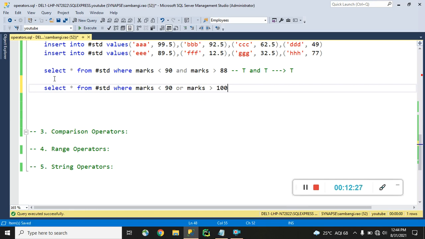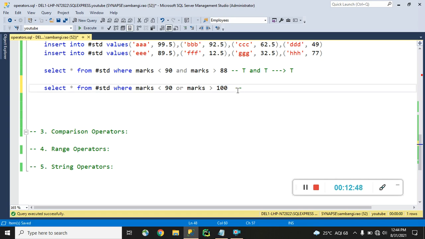Actually, there are no people in this table having more than 100 marks, but I wrote the condition like this. The right side condition of our logical operator is false because there is no student having marks more than 100. So it is false.